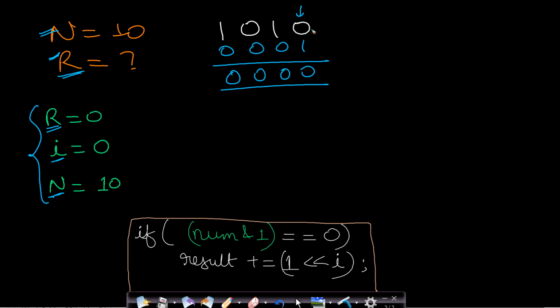So whenever the number bitwise ANDed with 1 is equal to 0, this means that the least significant bit is equal to 0. Now if it is 0, what we need to do is update our result and store a value 1 here. So how do we do it? Since this is the least significant bit, we will left shift 1 by I times, denoting the weightage of this bit. Since this is the first bit, we have stored 0 for I, that is we are processing the 0th bit.